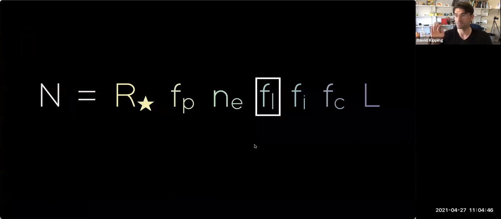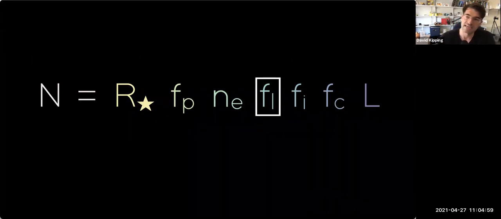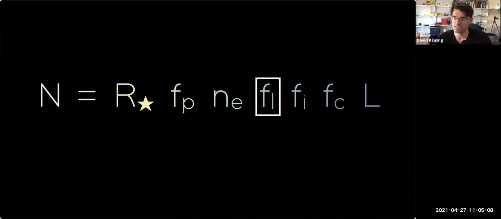And in particular, I'm going to focus right in on f_l, which is the fraction of Earth-like planets that go on in this equation to form life. You can treat it however you want. Think of it as an average over all of the Earth-sized planets in the habitable zone, or depending on the number of rare Earth hypothesis people out there, you can just frame it in terms of those objects. Again, it's not particularly important for this discussion.